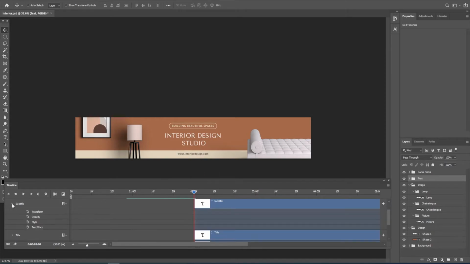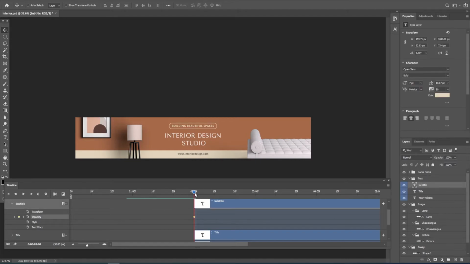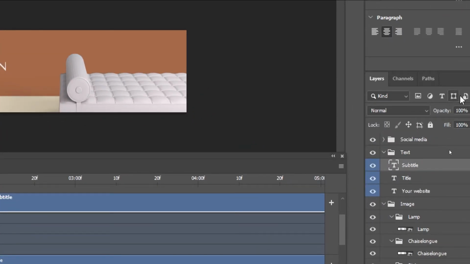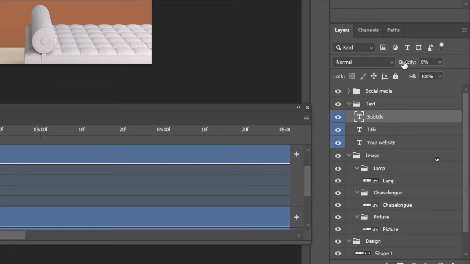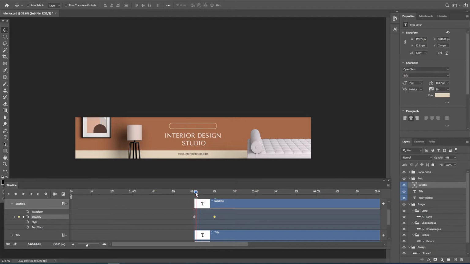So we want to animate this subtitle first. So go to the beginning and set a keyframe to opacity for this one, and go to 2 seconds 10 frames, set another keyframe, and then when we go to the beginning, over here we change the opacity for this subtitle to 0. So we got something like that coming,